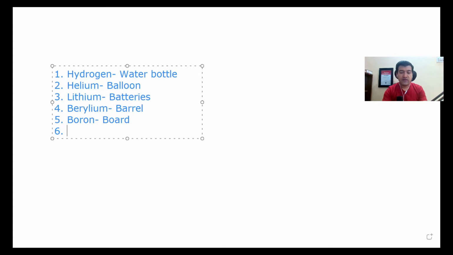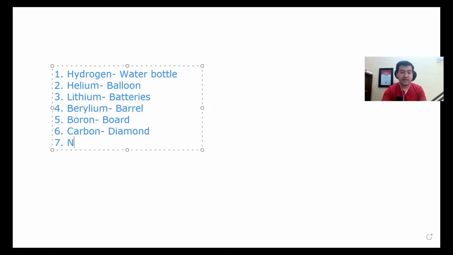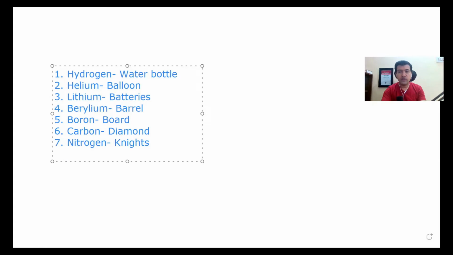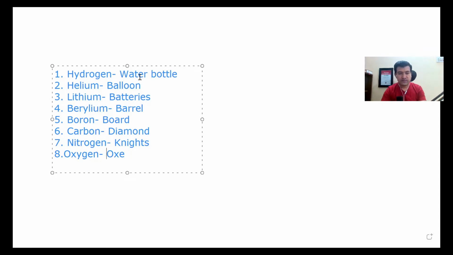Sixth, we all know carbon. I've told you diamond is made up of carbon. Then next is nitrogen. Here also I am taking a keyword, nice. The keyword has a similar sound. It is almost similar, so that just by saying that keyword, you will be able to recall something related to it. Now we are referring to the periodic table, so we have the idea that we are doing it for the periodic table. Similarly, oxygen. It could be oxys or ox. Let's take oxys.